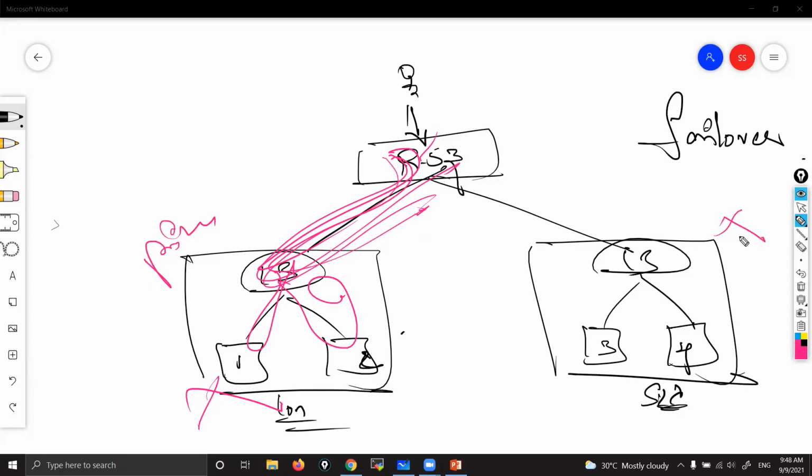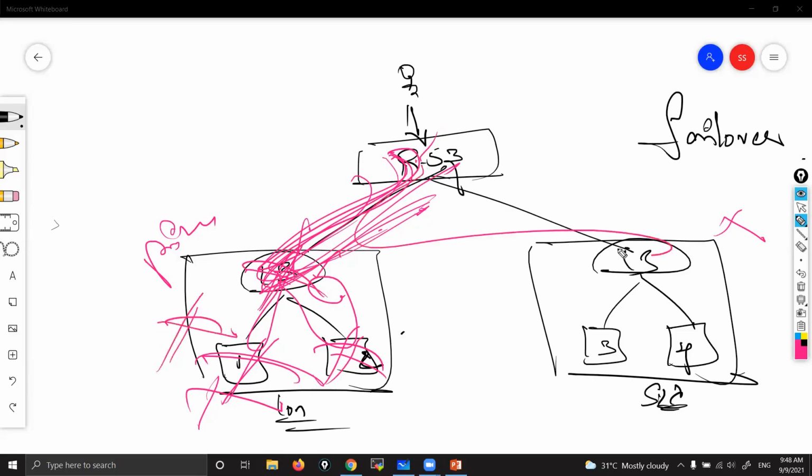Because see, the standby is there. We keep the standby always ready only. We need not verify every now and then. Correct or not? So Route 53 will check the health of the load balancer. If my servers are down, my load balancer will be down. If the load balancer is down, then Route 53 will come to know that yes, this is down. Then immediately it will redirect the traffic to Sydney.